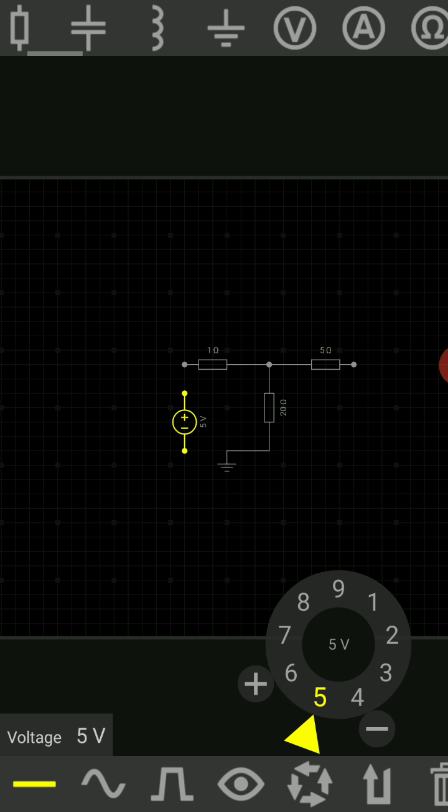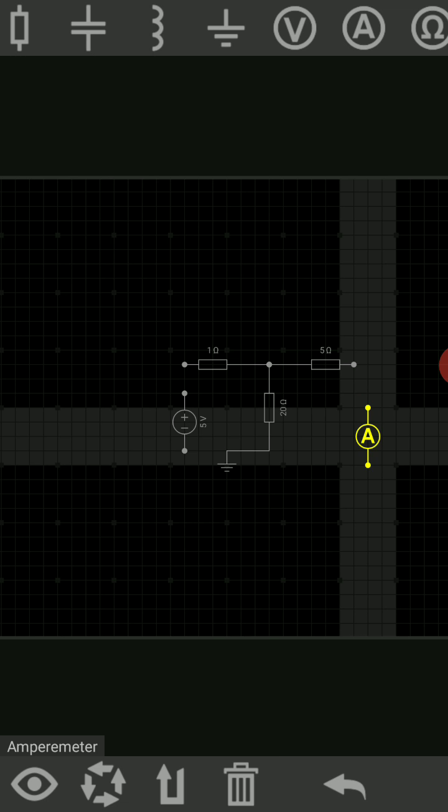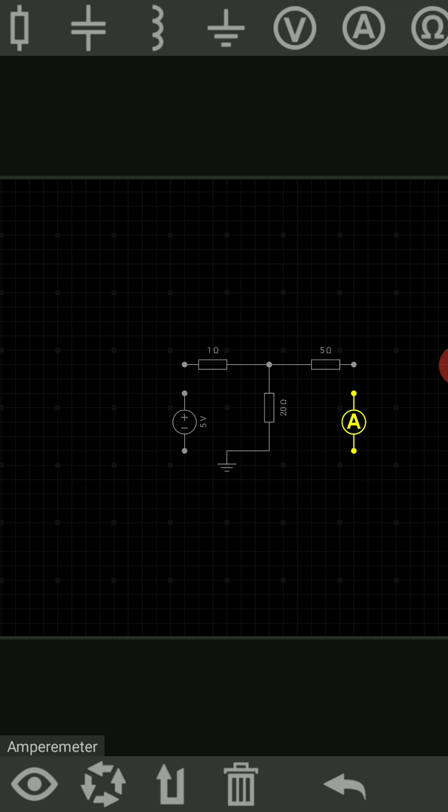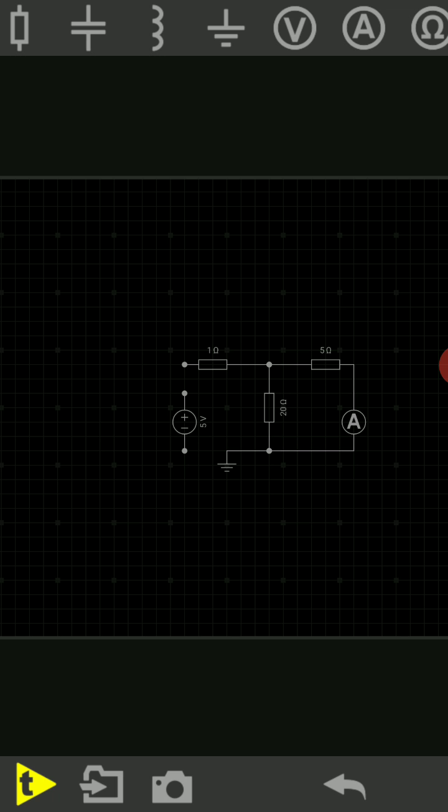Now at the output I will take one ammeter to measure the current. This ammeter has zero resistance. How much is the resistance offered by this ammeter? Zero resistance. That means it will not change our resistance arrangement. Okay, so this 1 ohm, this 5 ohm and 20 ohm are in parallel only. This 5 ohm and 20 ohm are connected in parallel only.